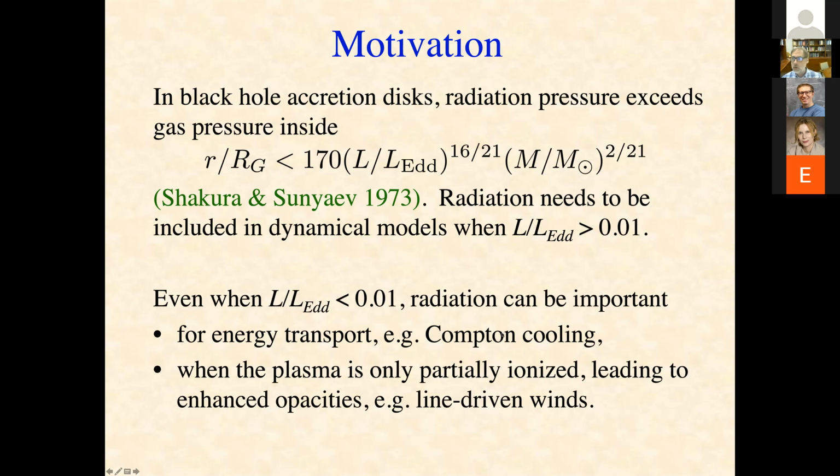For example, Compton cooling in the corona of the disk requires proper photon transport. In addition, when the plasma is only partially ionized, you can greatly increase the opacities above electron scattering opacities, which is what's used to calculate the Eddington ratio. That then means that the photons are much more important for the dynamics, and for example, you get line-driven winds. And so it's pretty clear, I think, to everyone that